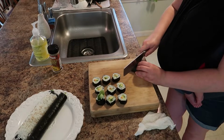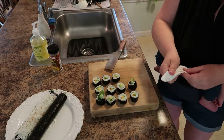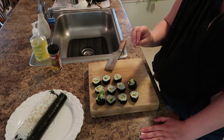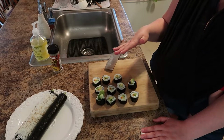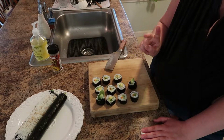And the simple way is just to eat them with some soy sauce. And I also have a little dipping sauce that I'm gonna show you how to make. So I got 11 pieces out of that one veggie roll, so that's pretty good. So I have at least 30 here. I know that 3 rolls doesn't look like a lot, but believe me, it's more than you think. So I'm gonna go ahead and cut the rest of these, and then I will show you the 2 dipping